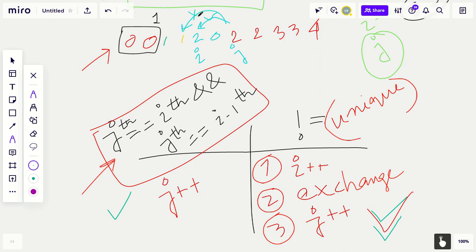So again it comes under the condition on the right hand side, and we need to increment i, then interchange 2 and 0, then increment j.